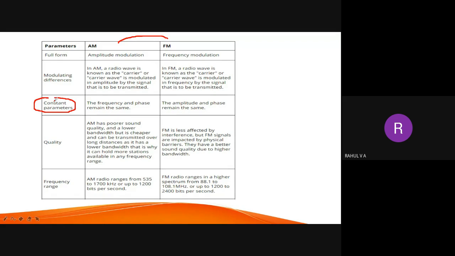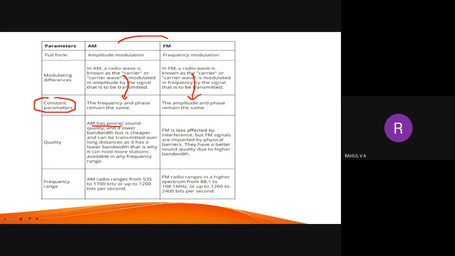Once you write the definition, you will automatically get the second point. What is the second point? Constant parameter. Which parameter is constant? In amplitude modulation, we are varying amplitude, while frequency is constant. In frequency modulation, we are varying frequency, but amplitude is constant. So you will be getting 2 points easily if you know the definition of amplitude modulation and frequency modulation. Then, about quality,